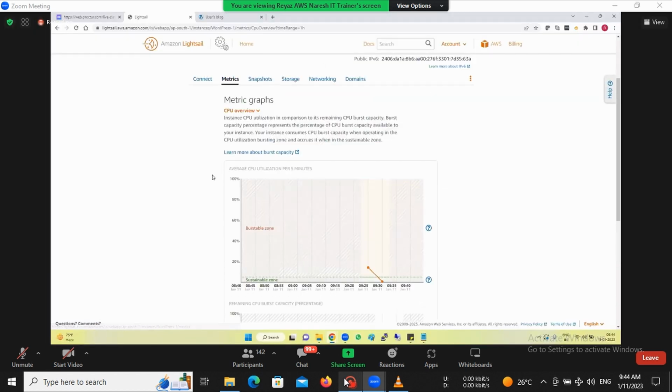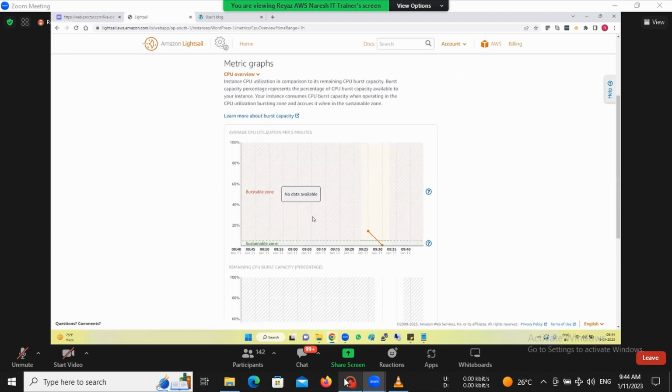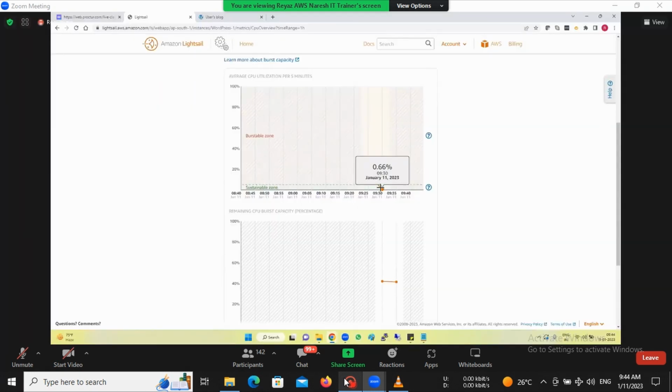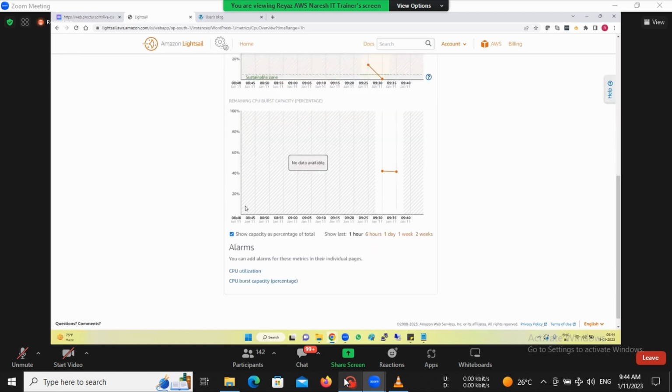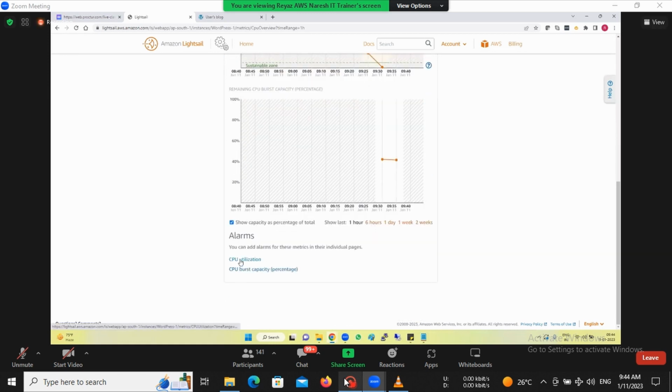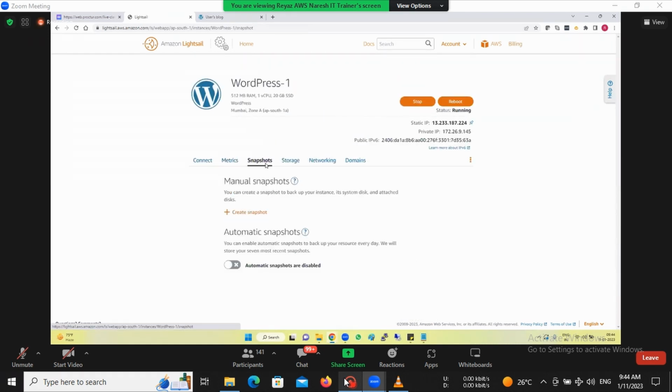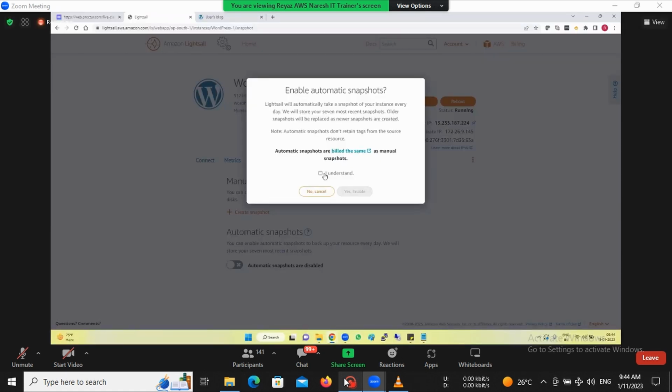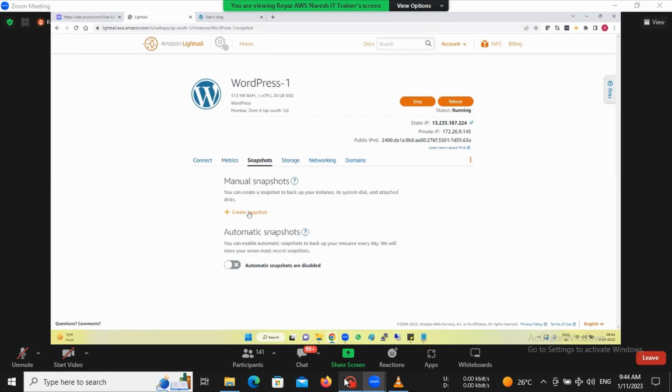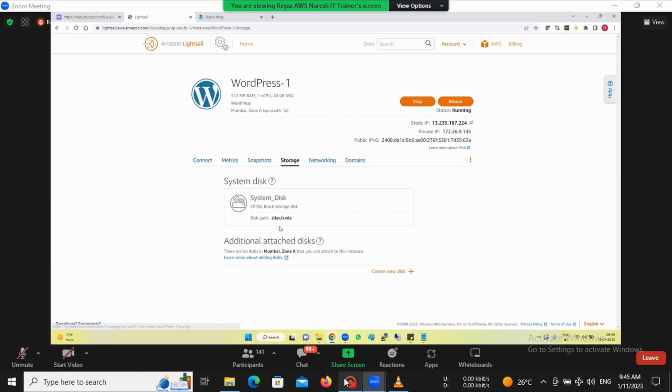Metrics, you don't need to go to CloudWatch. Here itself, you can see the metrics. Do you see this? It went from 14 to 0.6%. The CPU, you can create alarms here itself. You can see the CPU utilization. Snapshot, you can take the snapshot of this Lightsail instance. Automatic snapshot is disabled, just a matter of selecting it. Or create snapshot manually. Storage, you have